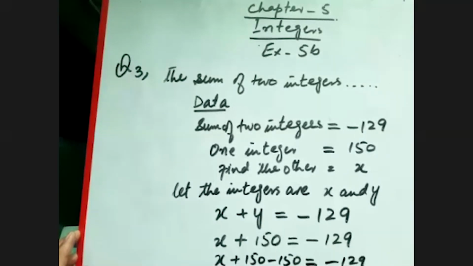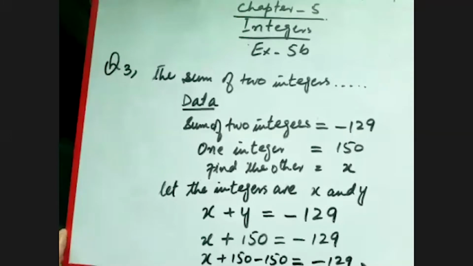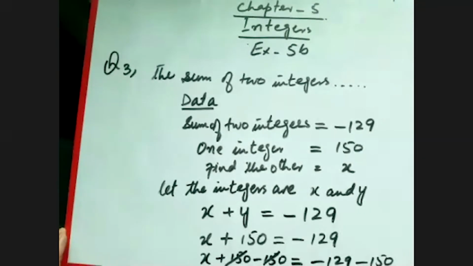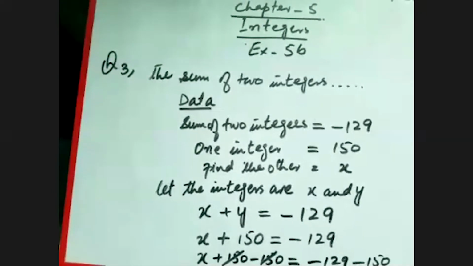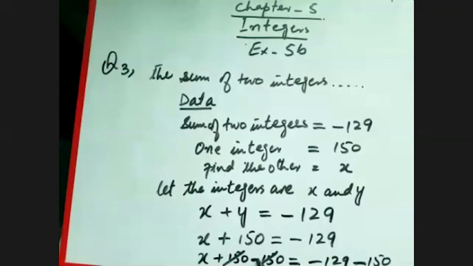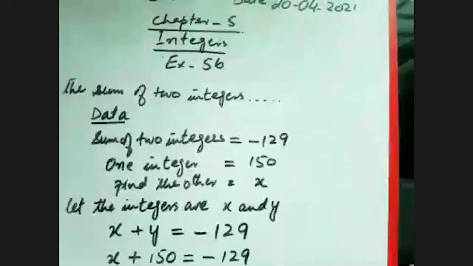So it means you are going to add minus 150 to both sides, and from the left hand side you will remove 150. Bring it towards the right hand side by subtracting it from both sides. Now your equation becomes